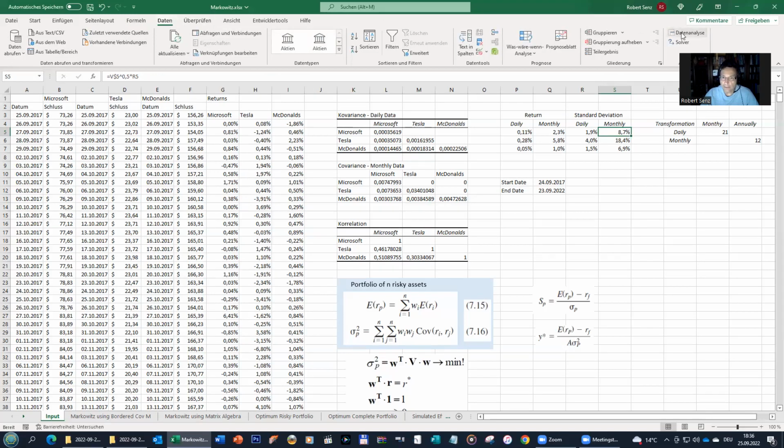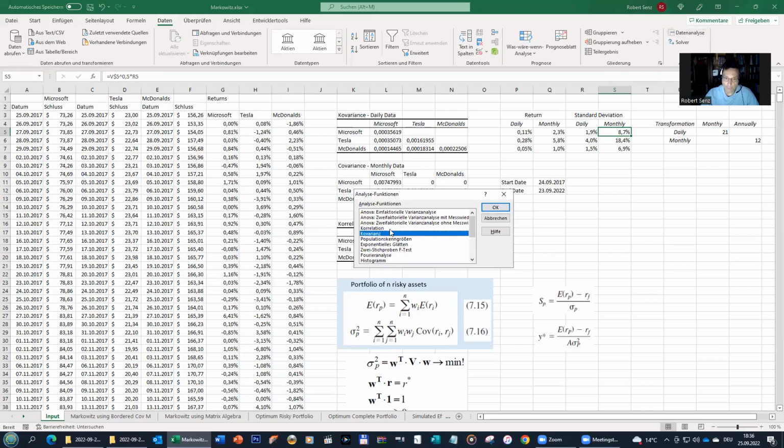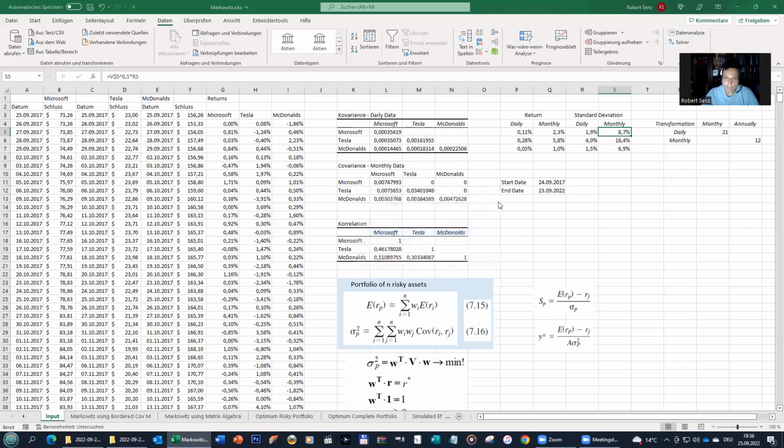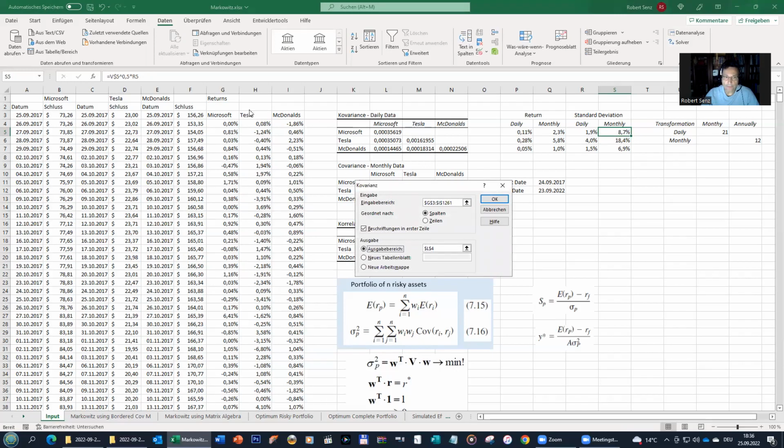which is applicable when you open data and data analysis. Of course, you have to first activate that add-in to have these analysis functions handy. But there is covariance and correlation. So if you click on covariance, for instance, you can input the return time series. Don't input the price series. This would be totally wrong. So you have to input the return series, as I did it here, GHI,